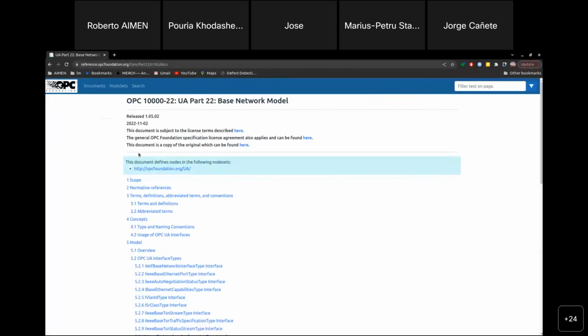Yes, exactly. This is part 22, the base network model, which extends the OPC UA base object model with some object types, and you see here the